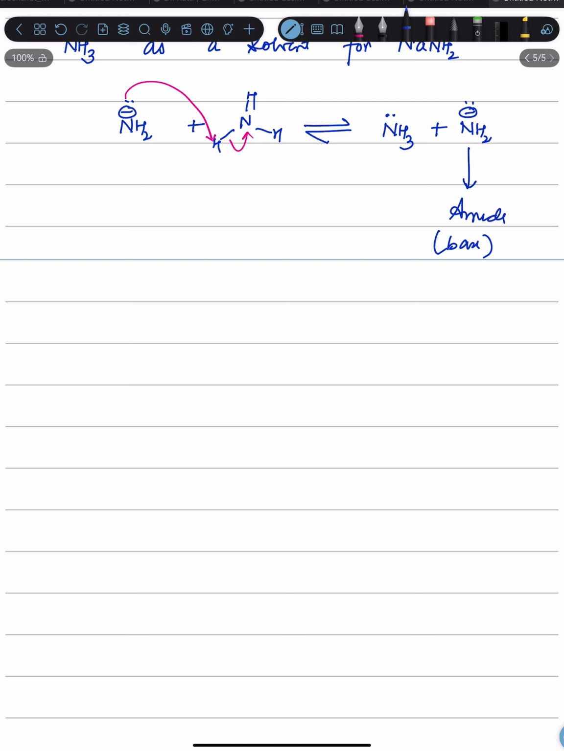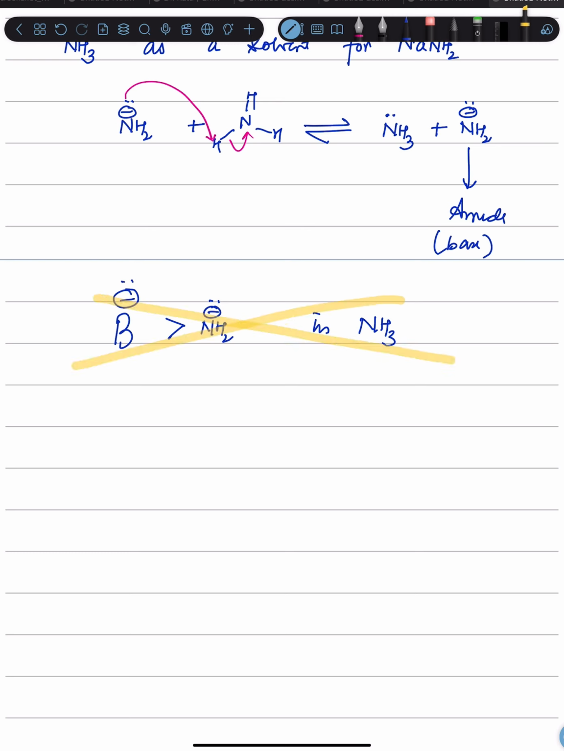Now the third thing is that we should never use a base which is stronger than amide ion in ammonia. We should never use this. Why? If you have a base which is a strong base, and you use ammonia as a solvent,